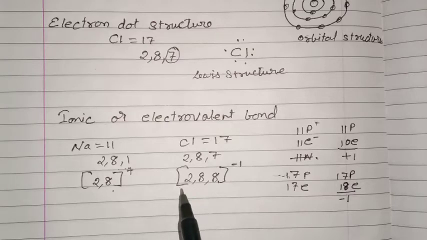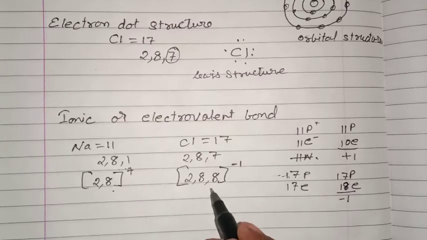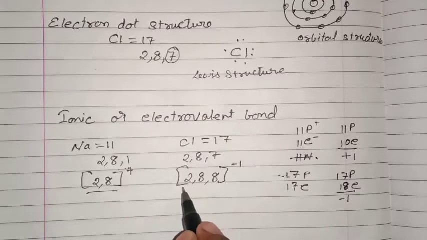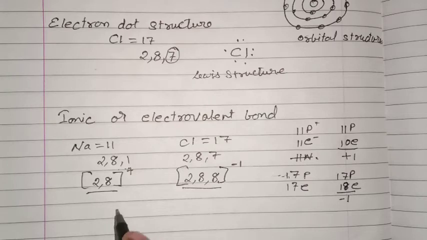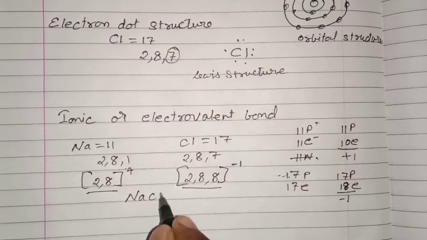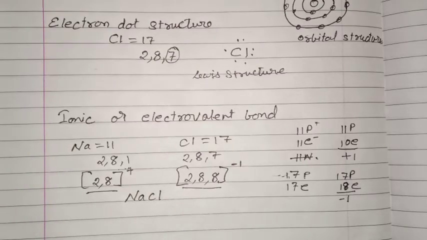All of you know that positive and negative charges always attract each other. After the formation of the positive cation and the negative anion, they attract each other and form a bond, and that is called NaCl. Are you able to understand? Up till now, when they were losing or gaining the electron, no bond had been formed. By losing and gaining the electron alone, no bond has been formed.